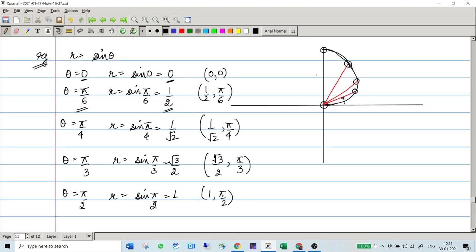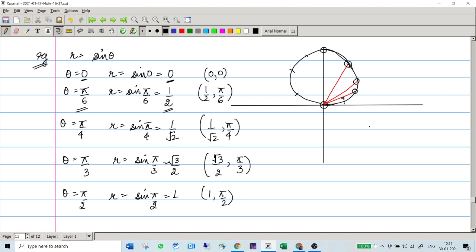Then again, when you move from pi by 2 to pi, you'll reach in a similar manner up till here. Because for 2 pi by 3, you'll have it somewhere here, for 5 pi by 6 here, and 3 pi by 4 here, and when you have theta as pi. When theta is pi, sine pi is the value for r, which is 0. It means when you have traveled pi radians from the positive direction of the x-axis, you are traveling along this line by how many units? r happens to be 0, means you are not traveling anymore, so your point is back to the origin.